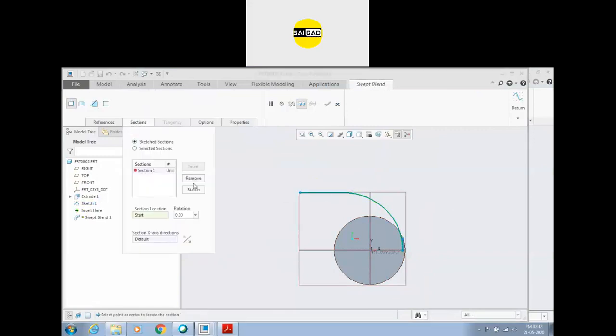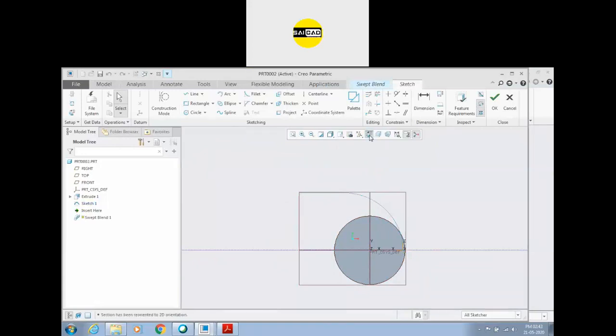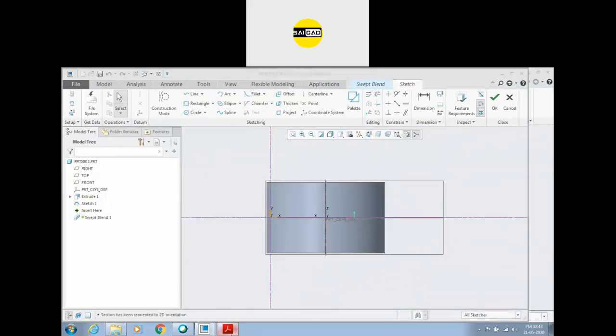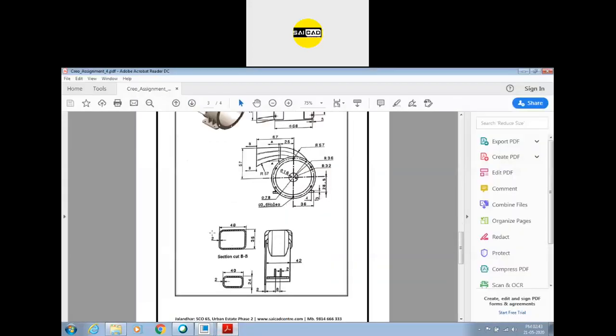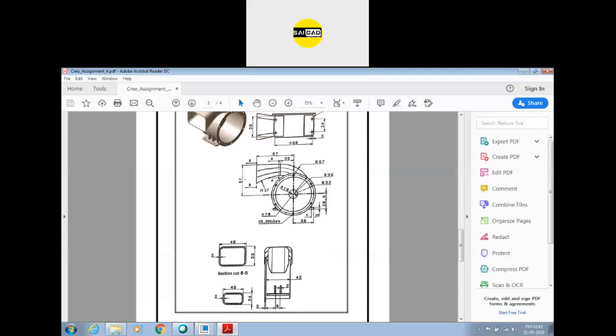section, create sketched, go to the sketch and create a sketch down here. So we have given two sections. So at the B we have this shape, at the A we have this shape. Note here that this is the section 1, but we needed the section 1 and this shape is only given.